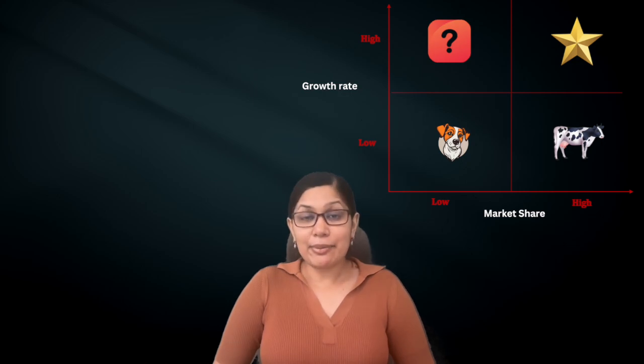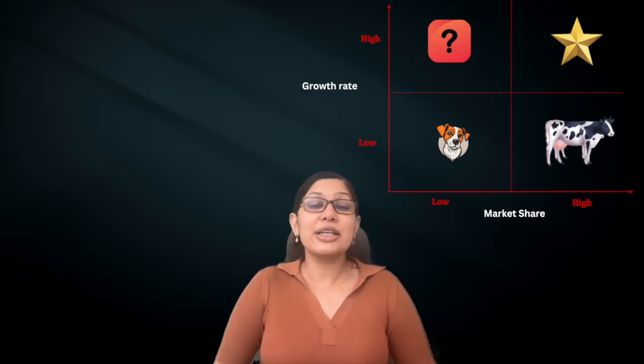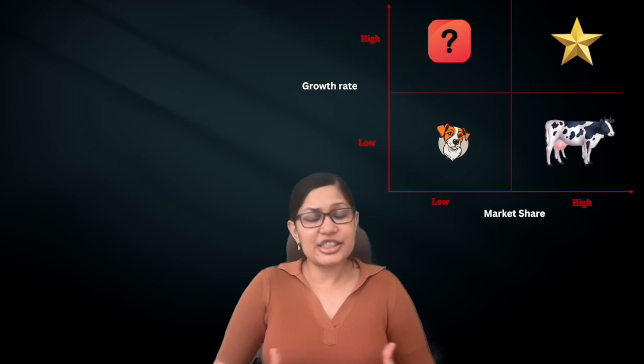A product which has a high market share and a high growth rate is considered to be a star. These are the products that the company should definitely continue investing in. Products which have a high market share but a low growth rate would be considered a cash cow. Your revenue is high, but it is not growing that much. This could be because the market has matured or because competition has come in. And depending on these factors, a company could choose to just let the product run and try to get as much money out of it, basically milk the cash cow. Or maybe they want to come up with an aggressive marketing strategy or tweak the product a little bit so that the growth rate increases.